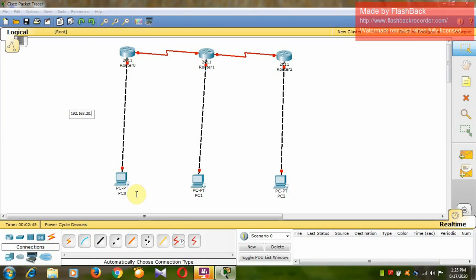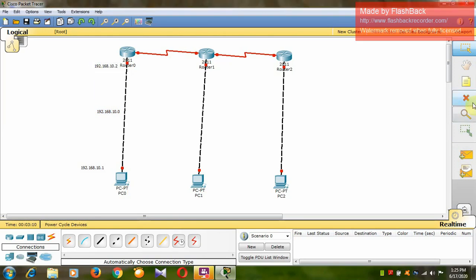the 192.168.10.0 network. Okay, so now this is the 10.0 network, and I will select this interface as 192.168.10.1 for the PC, and this interface as 192.168.10.2.